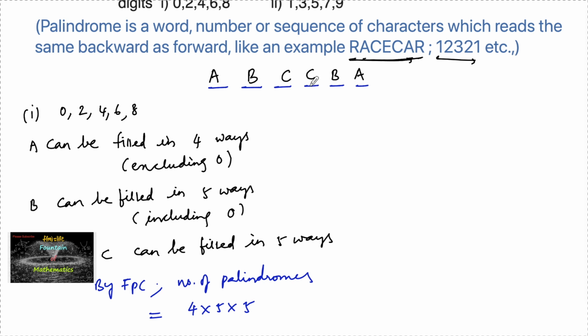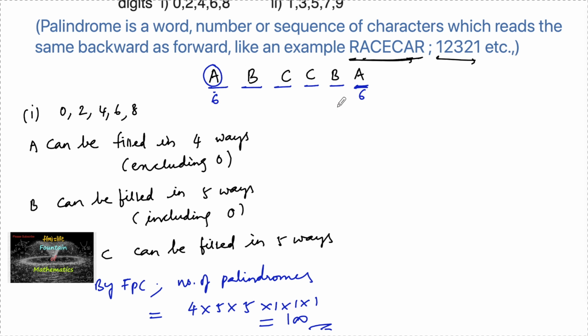And you may be getting a doubt about the remaining digits, so why are we not calculating for C, B, A? If A is fixed, if one digit is fixed here, automatically the last position is also fixed. If I mark 6 here, here also I mark 6 only. So there is only one selection, one possible way. So you need not select the last digit again. The remaining all can be taken like 1 into 1 into 1, already fixed. So we can simply write 4 into 5 into 5, which is 4 into 25, which is 100.